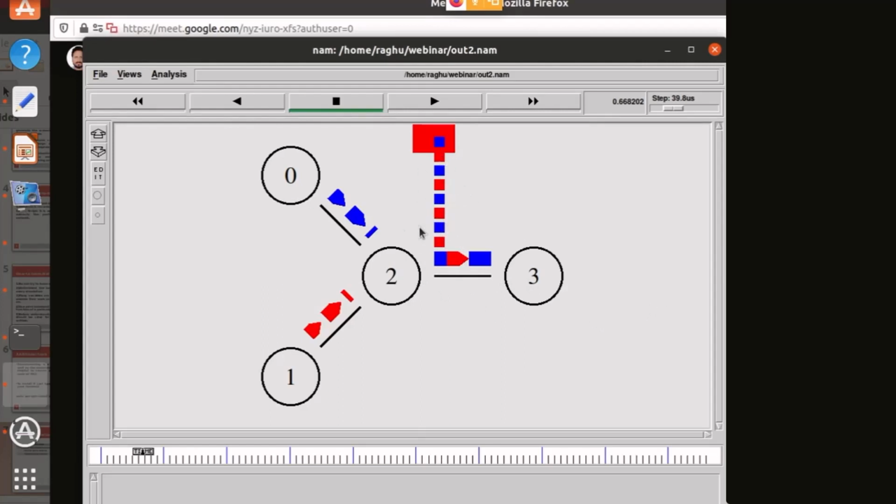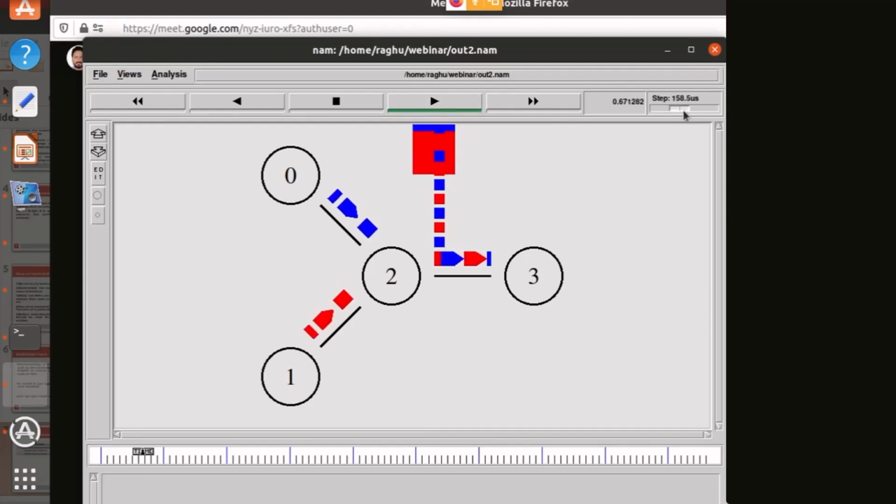After some time, because of the rate of incoming packets, in 5 milliseconds 2 packets are received by node ID 2, but it can only transmit 1 packet in every 10 milliseconds. So what will happen? The queue will become very big, and every queue has a limitation on the number of packets it can get. Okay, so after some time, I am playing it.